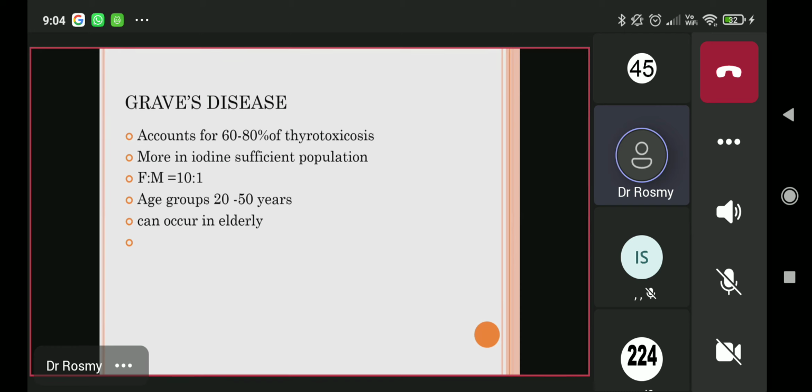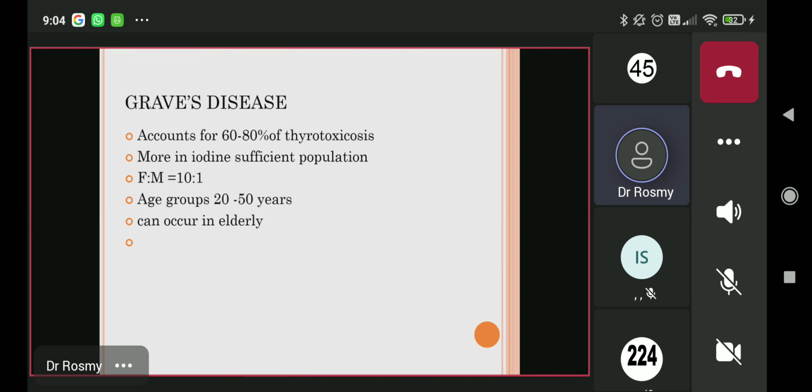So this information is also provided to you. See, autoimmune diseases are common in females, and thyroid disorders per se are more common in females as compared to males. So Graves' disease is more common in females. If there are 10 females in a population with hyperthyroidism, all 10 will probably have Graves, and one male only will have hyperthyroidism. That is probably because of Hashi.